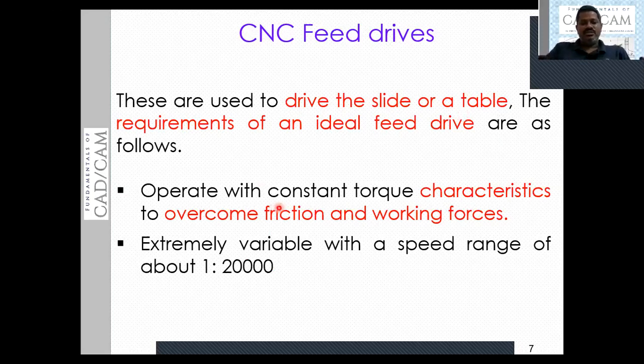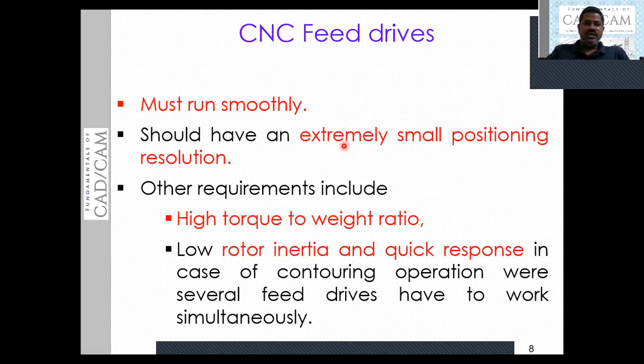Then it must be able to vary the speed over a range from 1 to 20,000. That means the speed of the drive should also vary. Then it must run smoothly and should have an extremely small positioning resolution. Of course, to read the position of the table or the speed of the spindle, there are devices termed encoders.